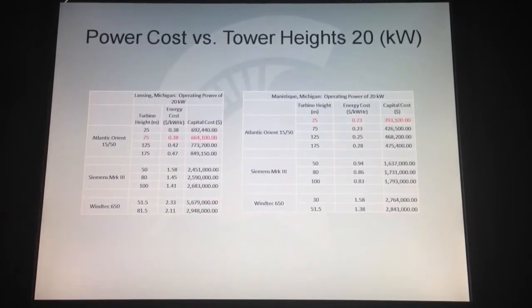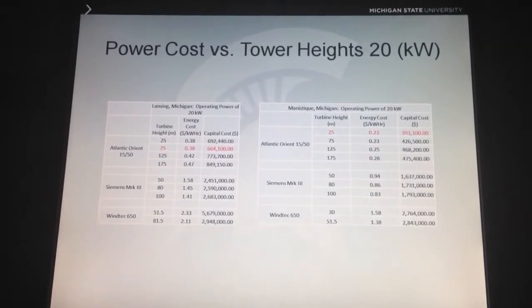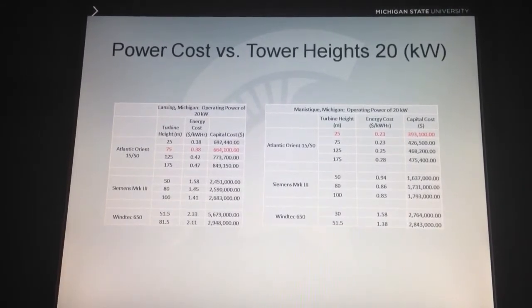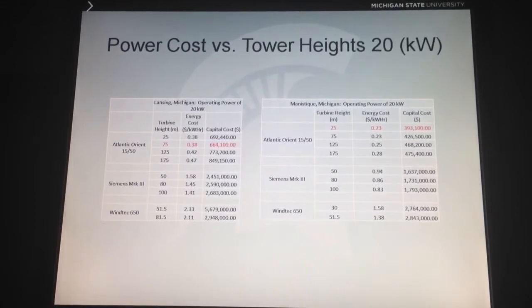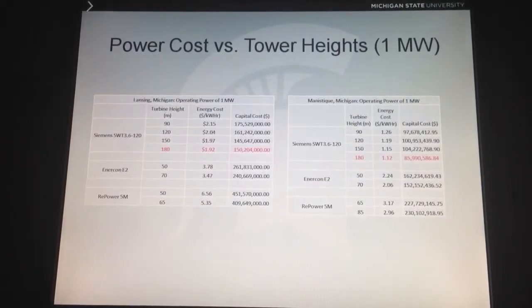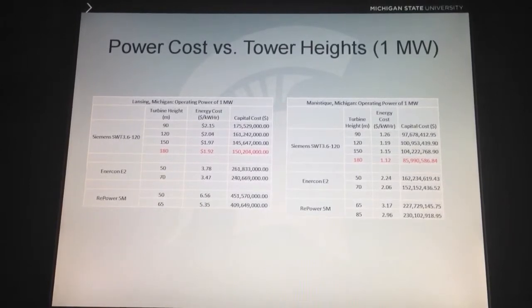We were able to determine that in Lansing, for 20 kilowatt output, the Atlantic Orient 1550 is the best system at 75 meters, and the Atlantic Orient 1550 is the best system for Manistee at 25 meters. For 1 megawatt output, we were able to determine that both sites would benefit the most from the Siemens SWT3